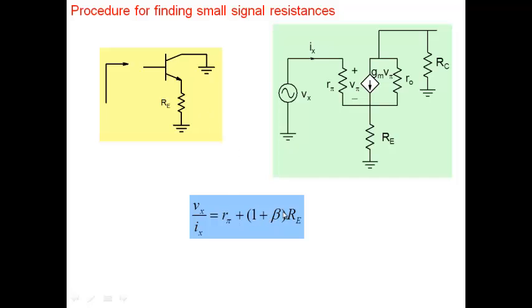Which means that when you look from here, R pi of course appears as it is. Anything in the emitter gets multiplied by (1 plus beta) here. And you can see why. There's a current Ix that flows here. There's a current which is beta times Ix which will flow here. And the two sum up and flow through this. So that's why Re gets multiplied by (1 plus beta) here. So that's a very useful